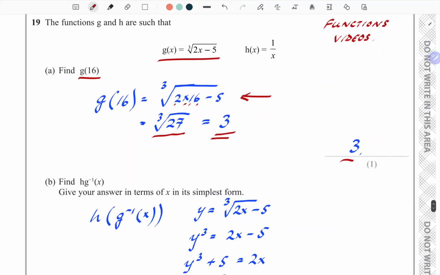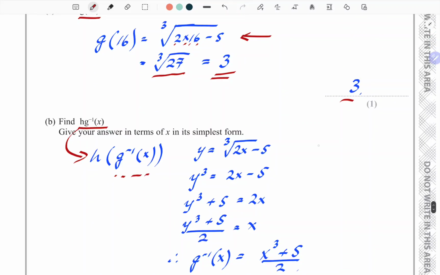Then they're saying find h of the inverse of g of x. It's really important that you pay attention to that and write it out with double brackets. So what effectively we're going to do is find the inverse function of g of x, then put that into h. So finding the inverse of